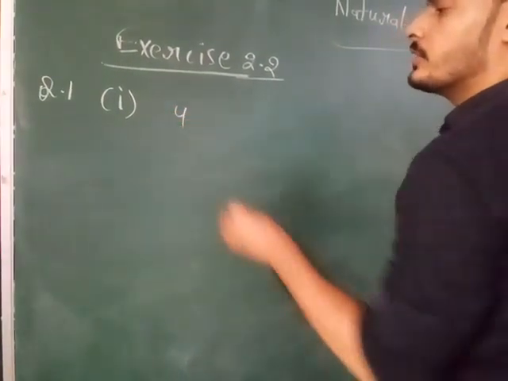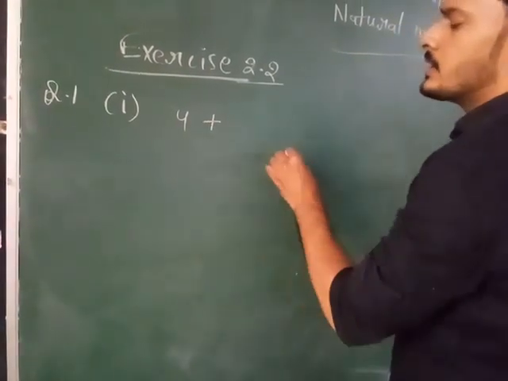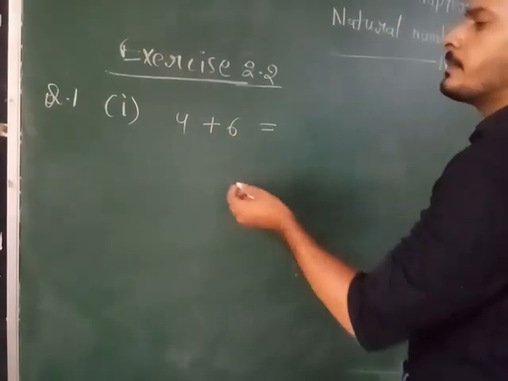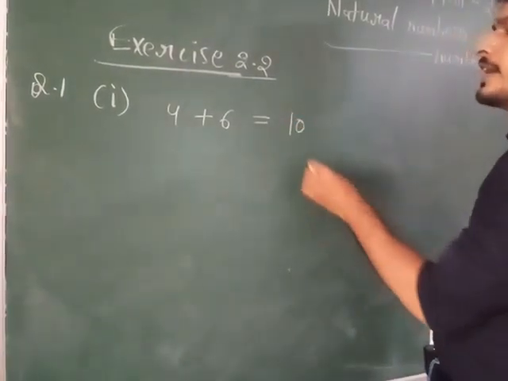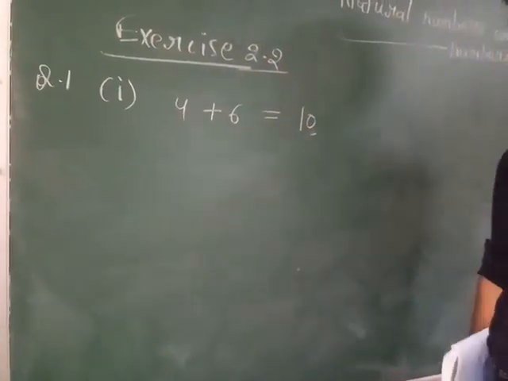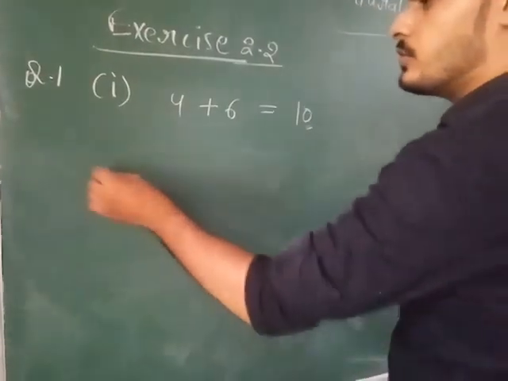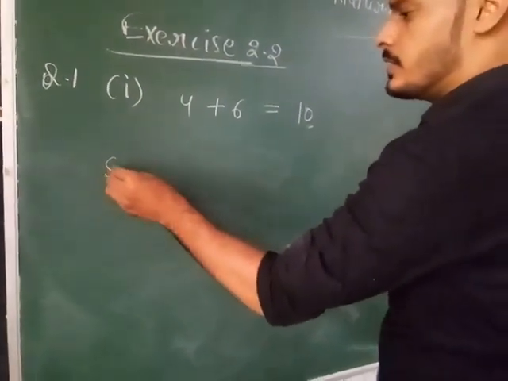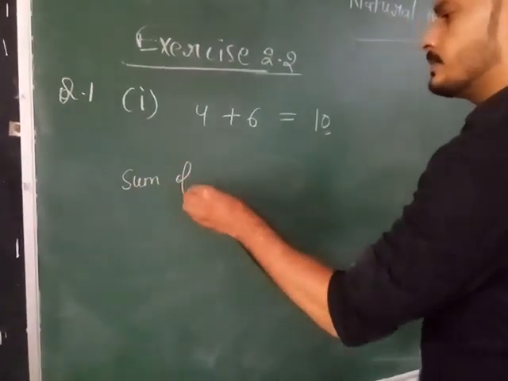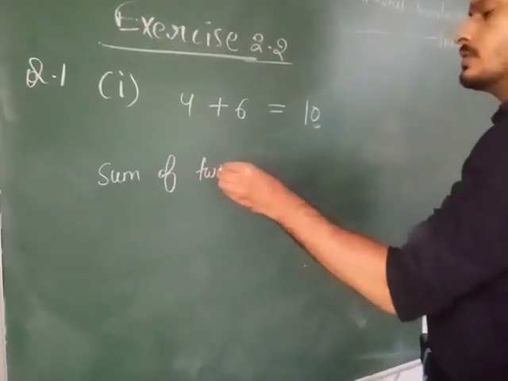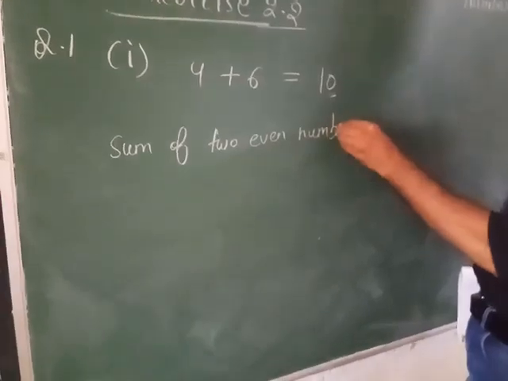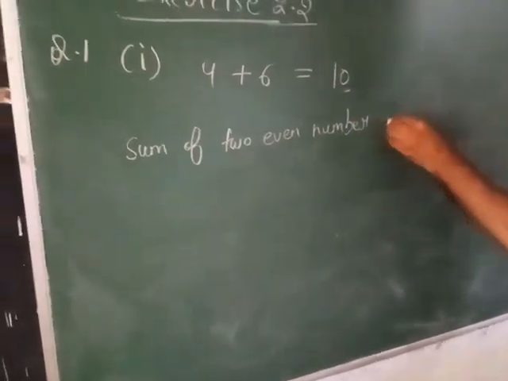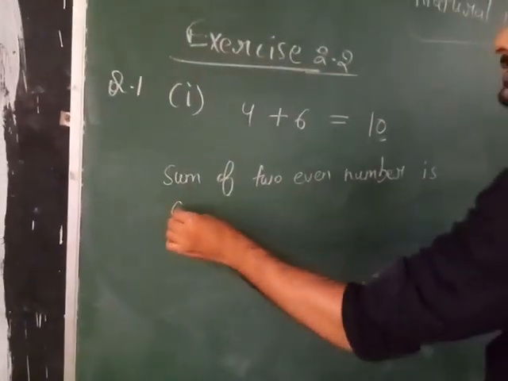So 4 is an even number, plus 6 is an even number. When we add these two terms we will get 10, and 10 is also an even number. So we can say that the sum of two even numbers is always